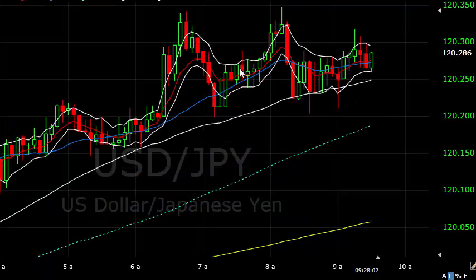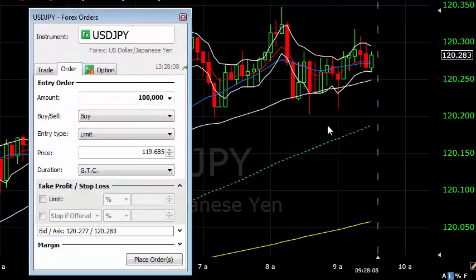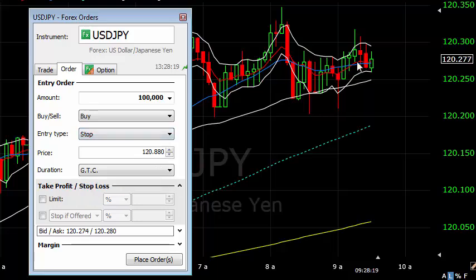So on that note, I'm actually going to put another order in to buy this time. I'm not going to sit here live doing it because I've just got to pop out. But I'm going to put an order in to buy. So let's put a buy stop in. And I'm just going to put it above this high here. So let me just check what that level is. Right, so it's at 132. So I'm going to put an order in to buy at